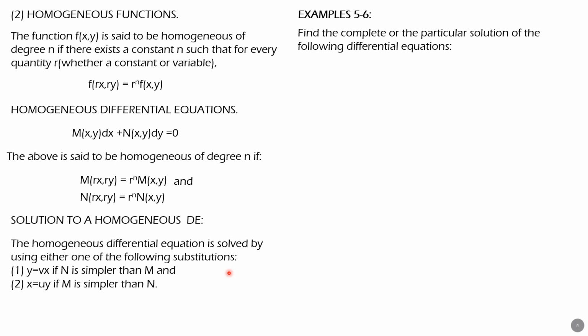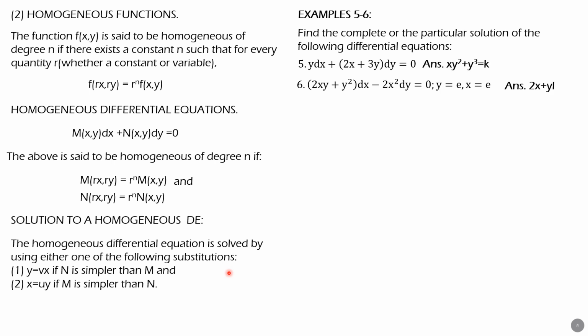And if there's a boundary condition, or there are sets of boundary conditions, then that means a particular solution is required. So we have two examples here, 5 and 6, and those are the answers supposedly as shown in these problems. So for solution 5,